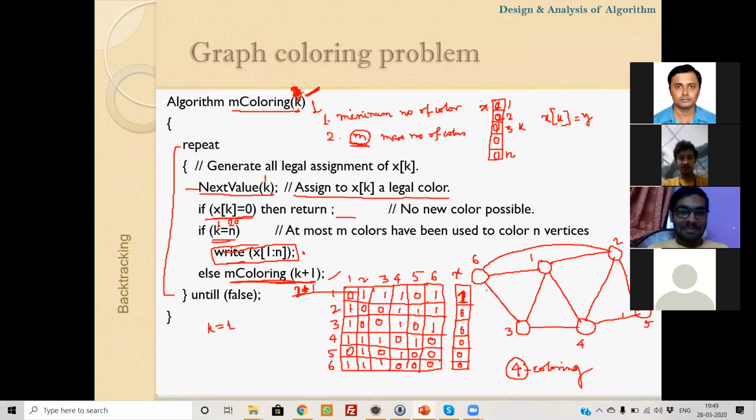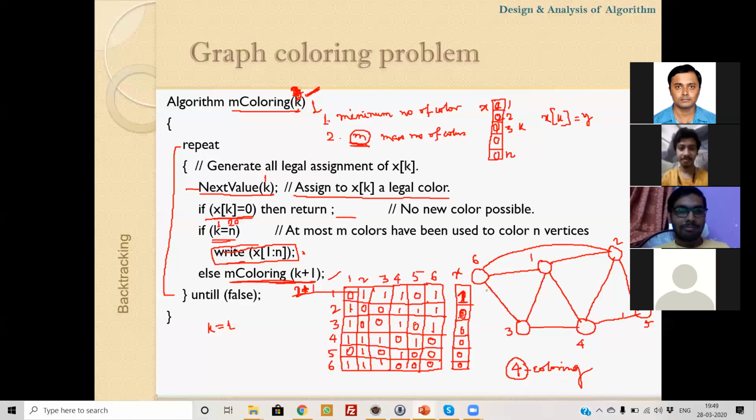What is the value of xj at this moment? j is 2, and the value of xj is 0.